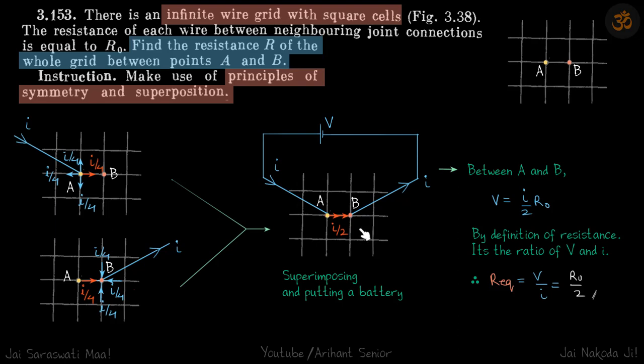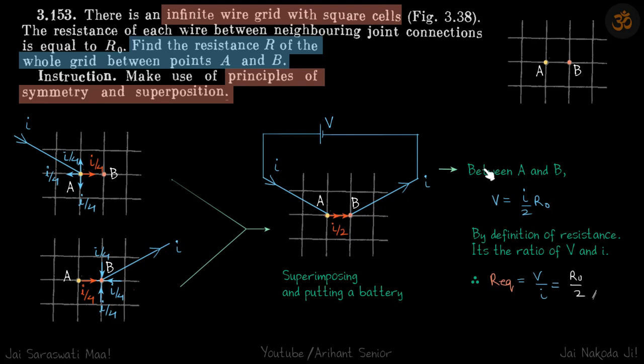Now I current is going in and I current is being taken out. So let's connect a battery here, and we can do that because it does not affect our circuit in any way. At some voltage we are providing this current I going into the circuit and I coming out of the circuit. Anyway, I is variable, so we don't need to worry about the value of the battery. Whatever current I goes through the circuit, we just know one thing for sure, that I by 2 is going through branch AB.